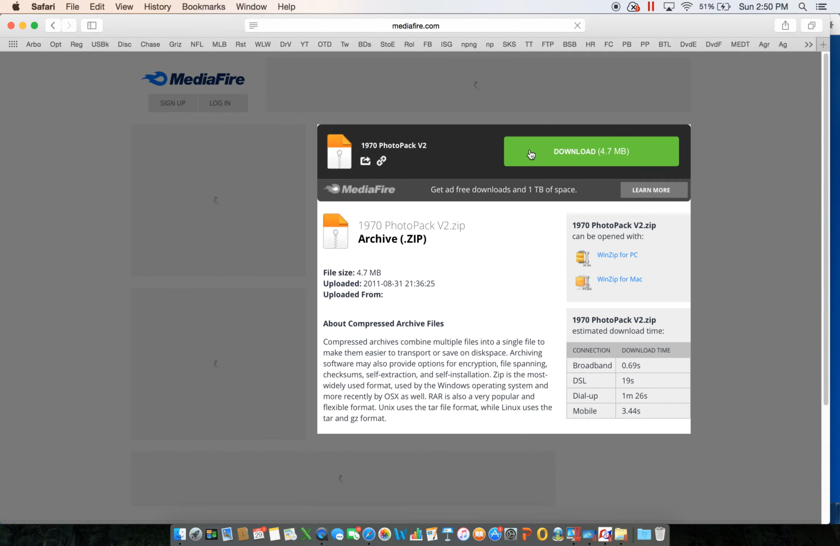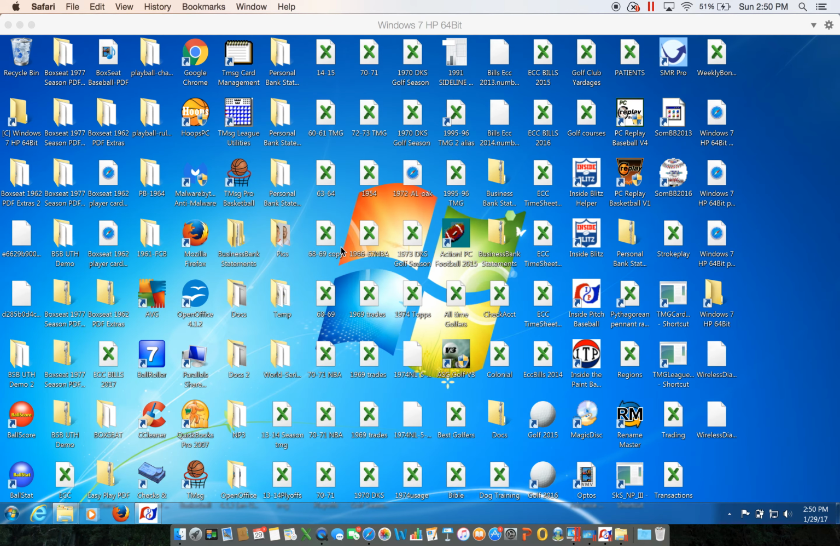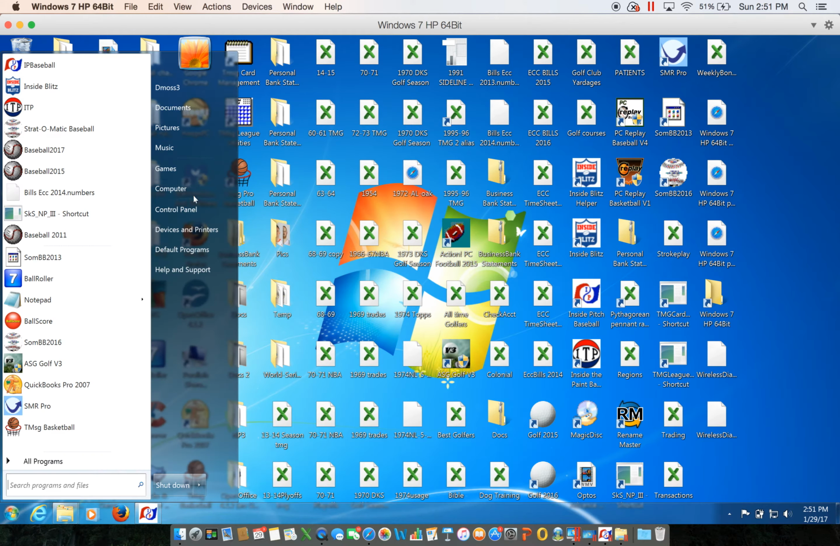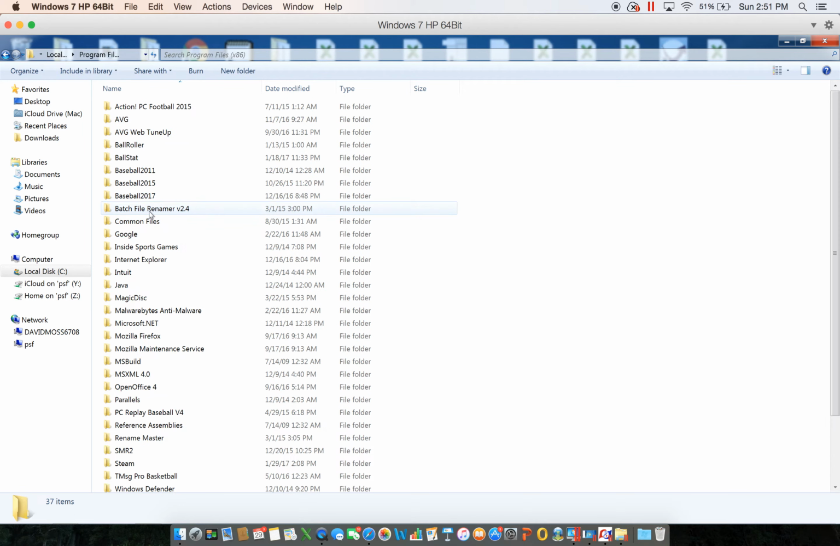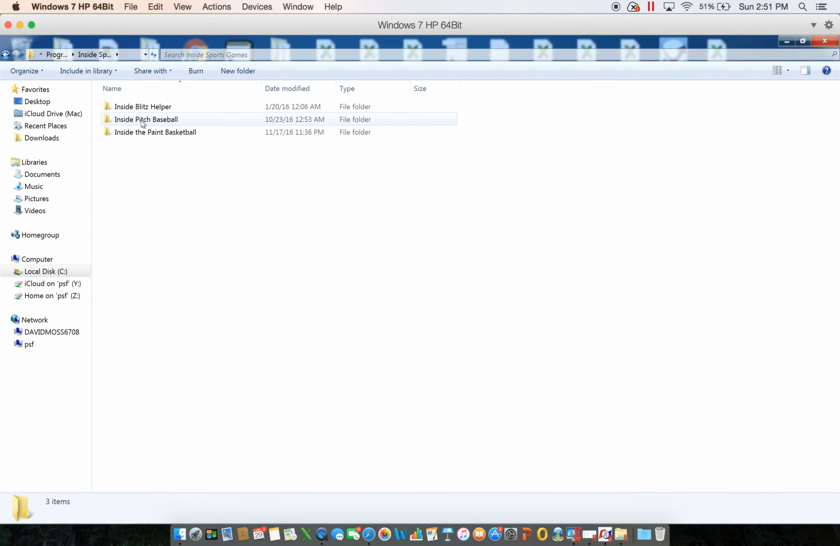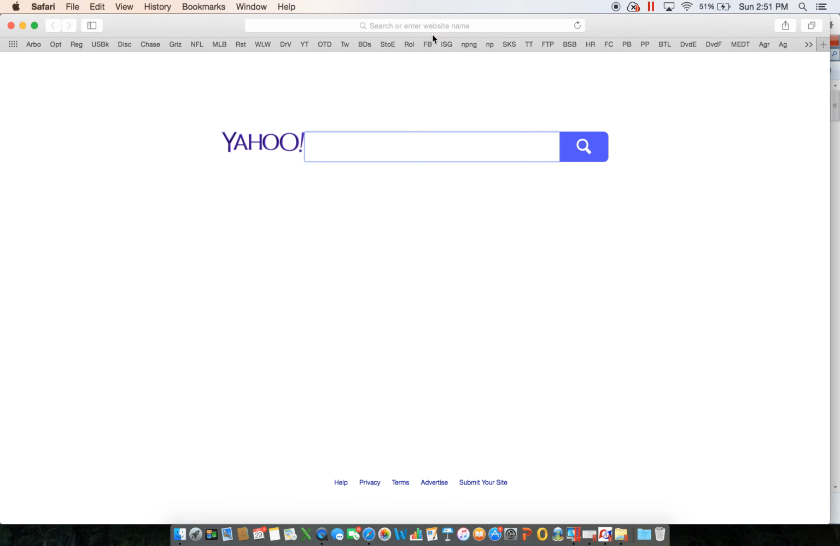and I can download that, and I would get the photos downloaded to my computer, and then I would have to unzip those photos into the proper place for the game to show up, and that would be back here where we were in the images players. You could take all these out and place the 1970 photos in there. Now, when you download from PC Ballpark,